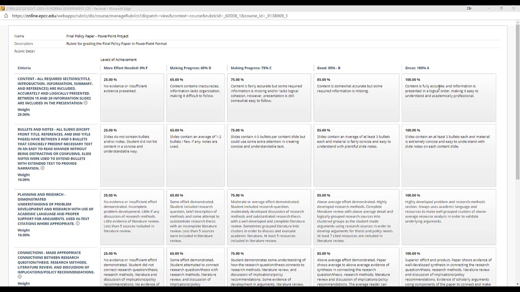So to get 100% of that particular category, the content must be fully accurate, the information must be presented in a logical order, making it easy to understand and academically professional, and of course all the sections must be there. For the 85% level, the content is somewhat accurate, but some required information is missing. So this would mean that you probably missed out on one of the sections, but included most everything I'm looking for. For the C level,